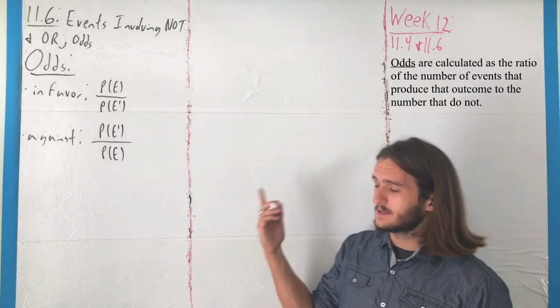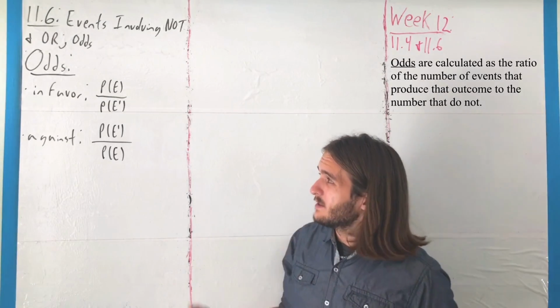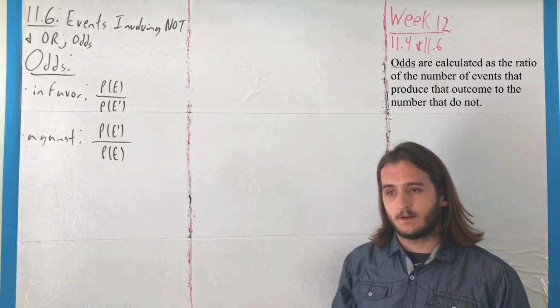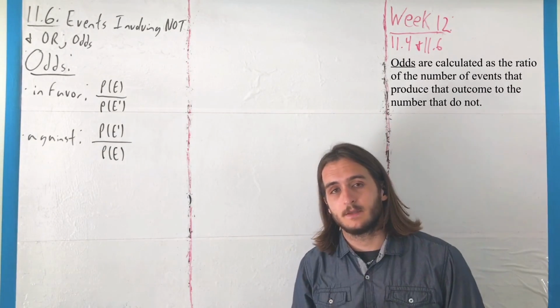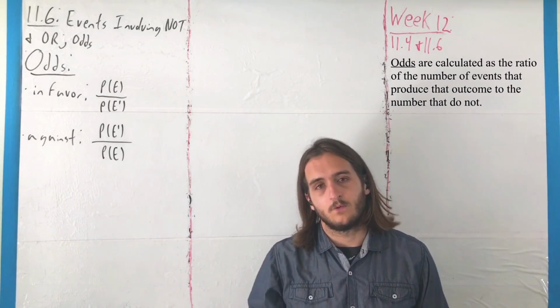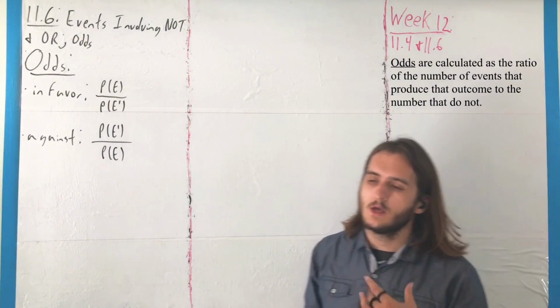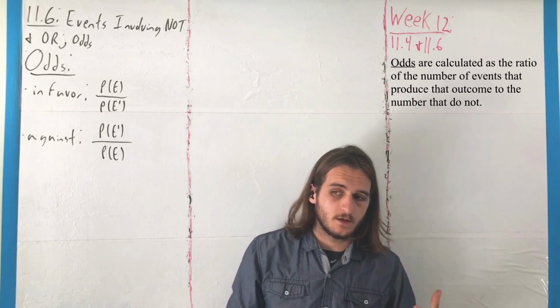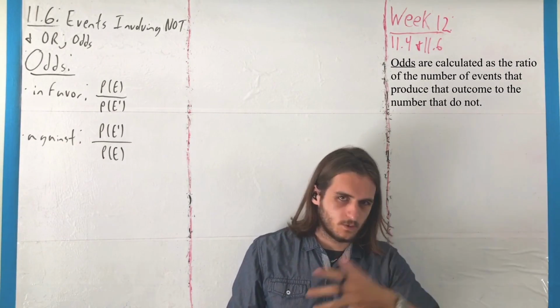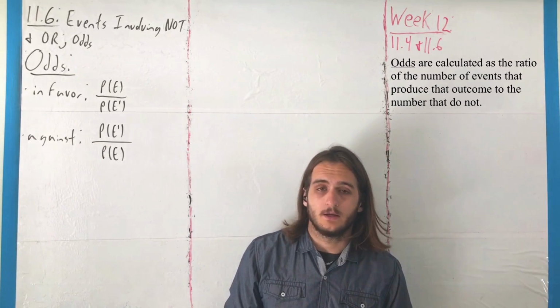So we have odds in favor as well as odds against, where the odds in favor are computed by taking the probability of the event and dividing by its complement's probability, whereas against is the complement over the original. And we'll see that when we do this, some things are going to end up simplifying, and you'll end up with one number over another, which we write with a colon, as we'll see here with a couple of quick examples. First, we're going to find the odds in favor of and against rolling a 3 on a standard die,